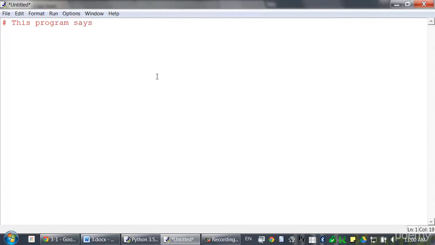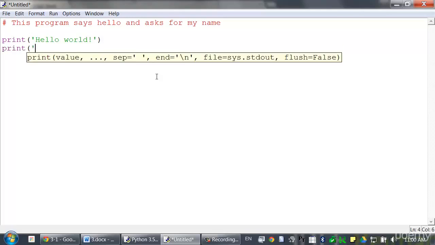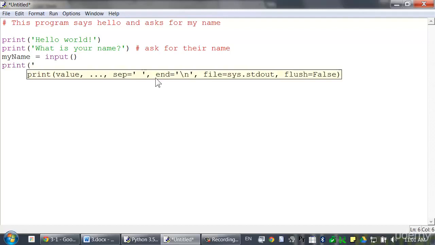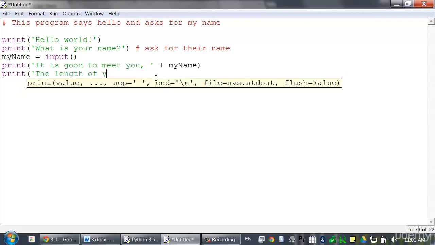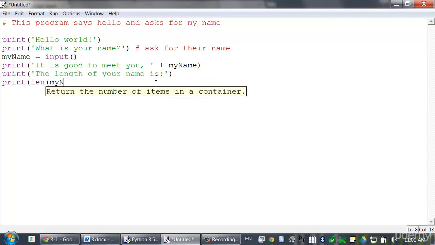Pound, this program says hello and asks for my name. Have a blank line, followed by print hello world, print what is your name, pound, ask for their name, myName equals input, print it's good to meet you, plus myName, print the length of your name is, print len myName,